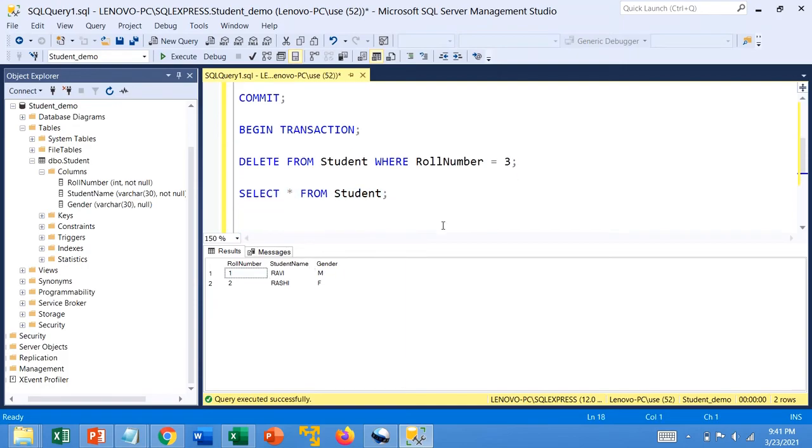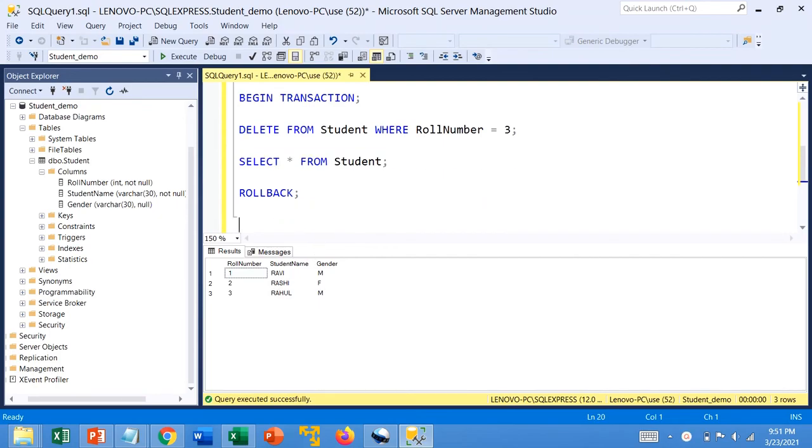Now we will try to roll back to the previous commit. Command is successfully completed. Now we will try to retrieve all the records. So now we can again see the record with roll number 3. This is how commit and rollback work.